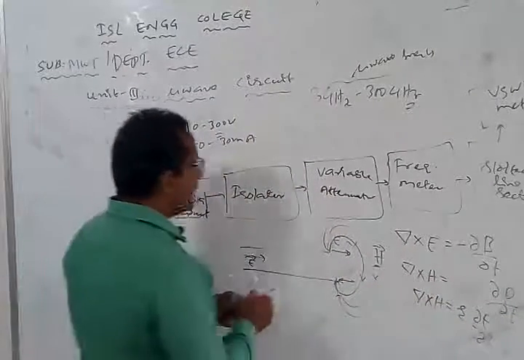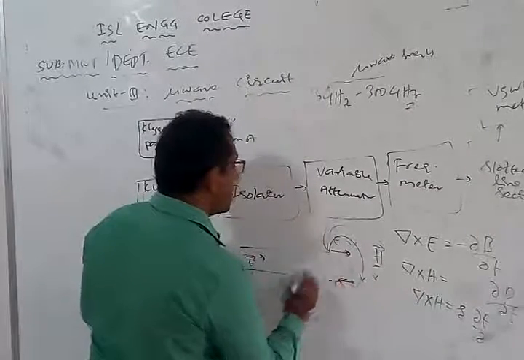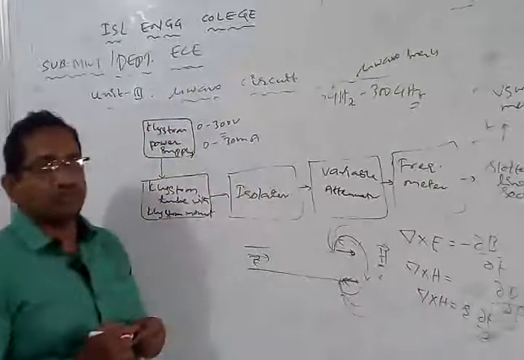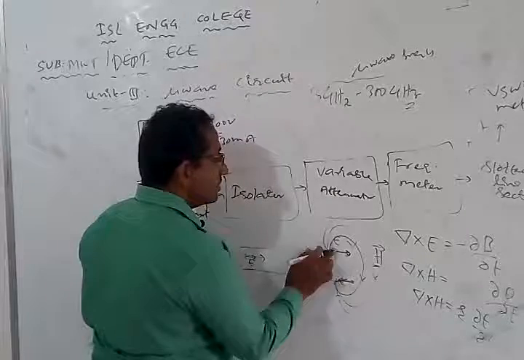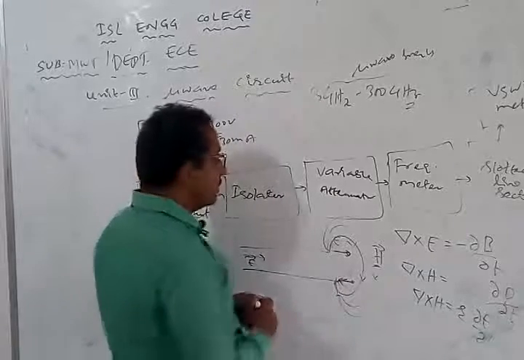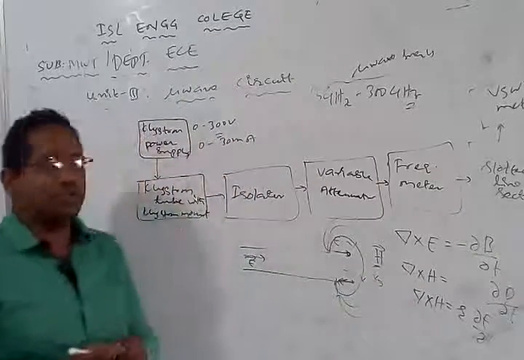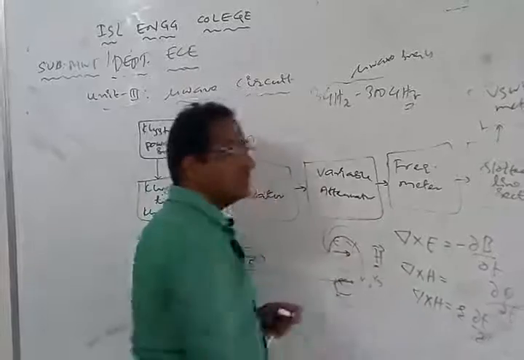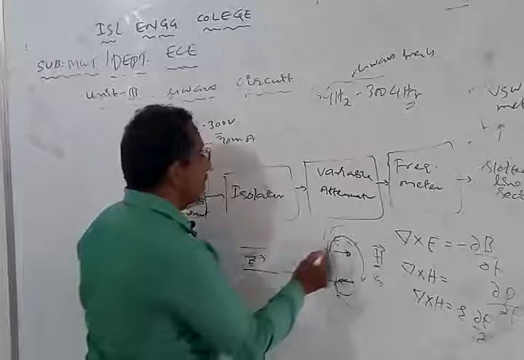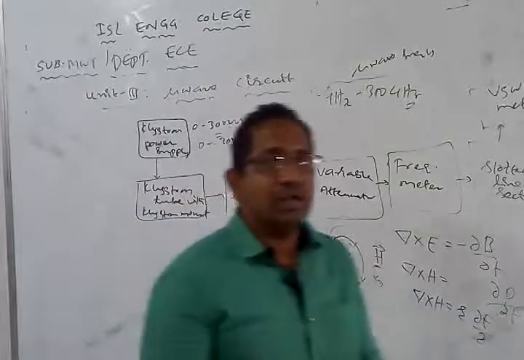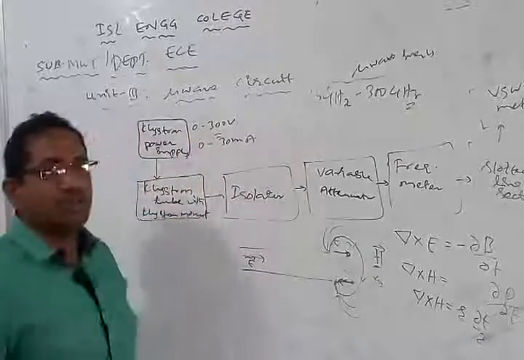Now the electric field directions are going to be opposite in the two lines of the transmission line. These two values are the same, and they have a 180 degree phase shift. Because of this, what is the net resultant wave being transmitted? Zero. That means there won't be any radiation of EM waves from such a transmission line. That is the reason we use antennas to radiate electromagnetic signals, and why we transmit signals via an antenna.